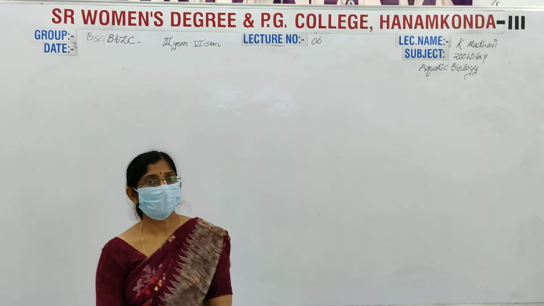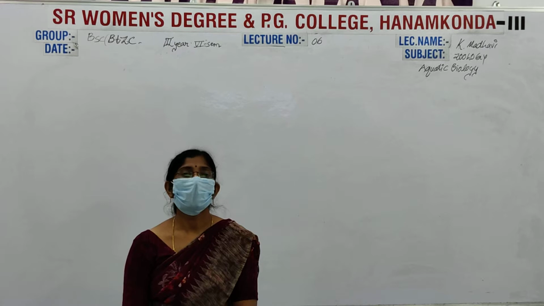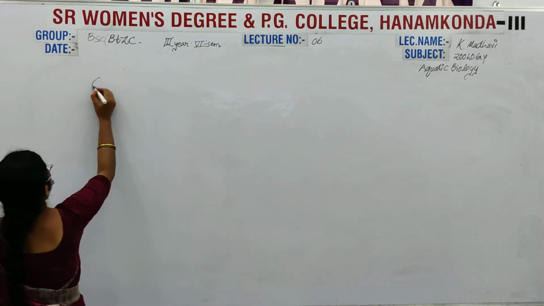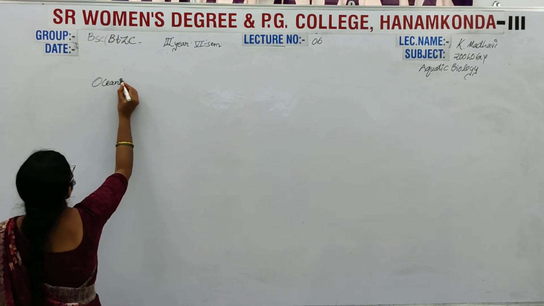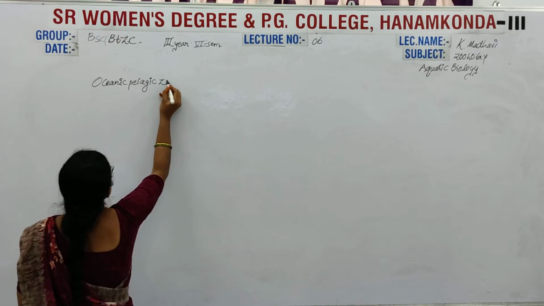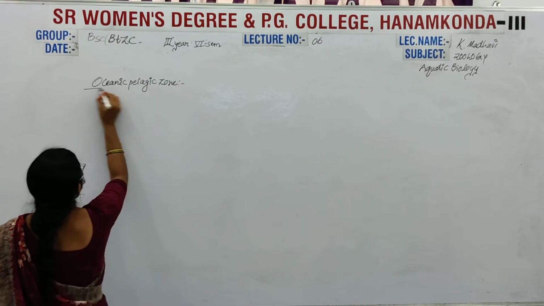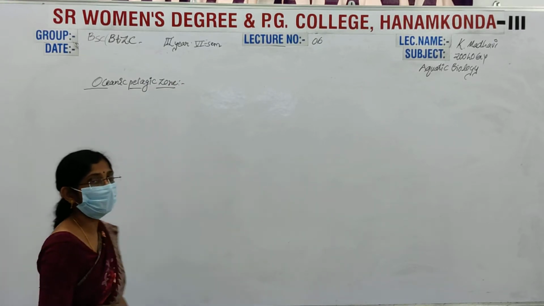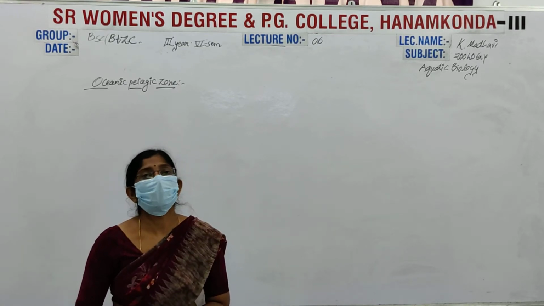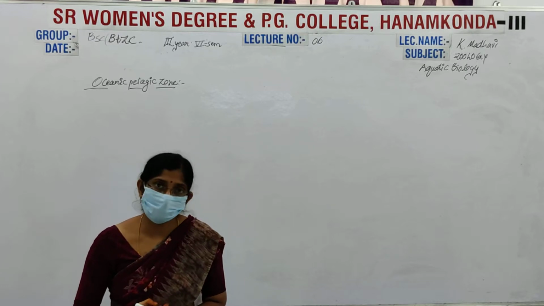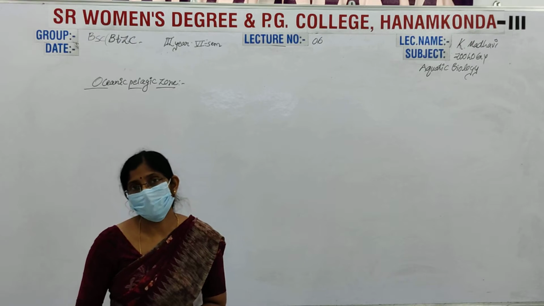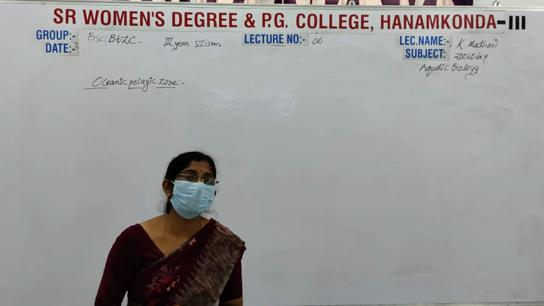Students, today we will discuss the continuing topic of the Oceanic Pelagic Zone. In this zone, last class we discussed the zones. The 5 types of zones are based on the penetration of light, the availability of temperature, the availability of dissolved oxygen, and so on, the physical factors.